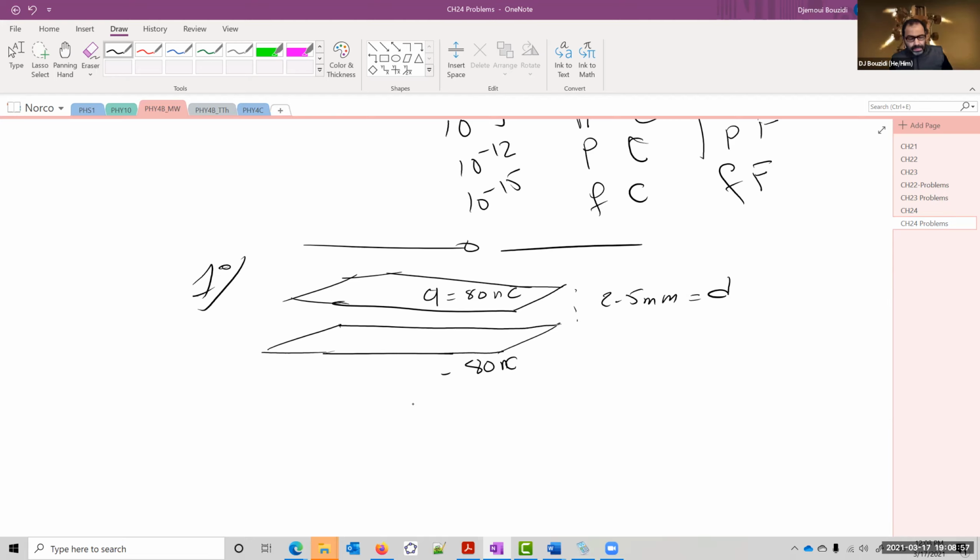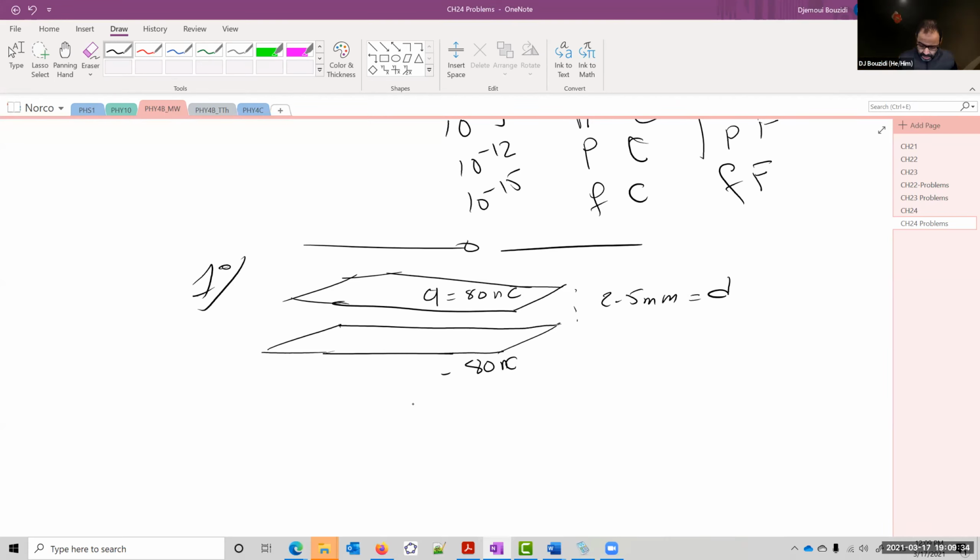The plates are in vacuum, air, it's the same thing. The electric field between the plates has a magnitude of 4 million volts per meter. Okay, how can you make that in the lab? Connect them to a battery, basically, okay? Now you have yourself a capacitor with charges. Actually, you don't need to rub anything with anything. You can use a battery in this case, the 1.4 volt battery, to dump the charges on this thing. And that's it. You have now a capacitor.